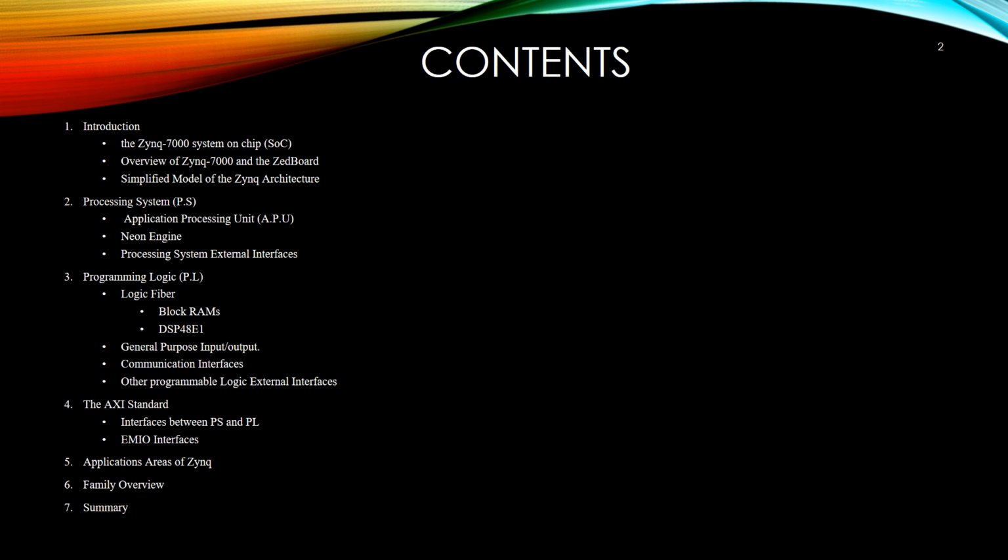We will then review the key elements of the Zynq in more details, starting with the processing system, which will cover the APU, Neon engine, and the processing system external interfaces. We will then discuss the programmable logic, which consists of the logic fabric, general purpose I/O, communication interfaces, and other programmable logic external interfaces. The AXI will then be briefly introduced to give an idea of how the processing system